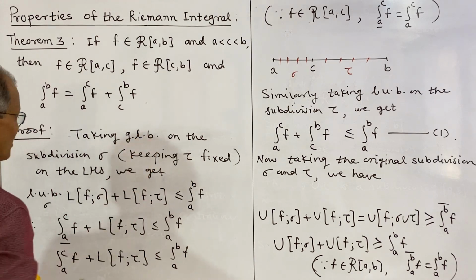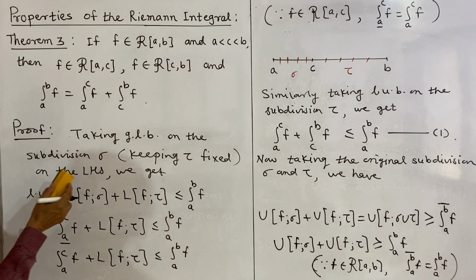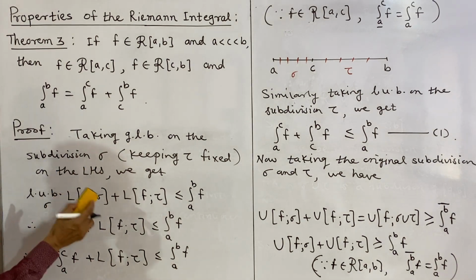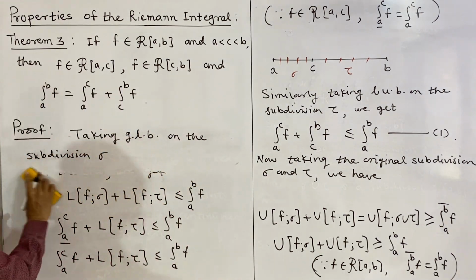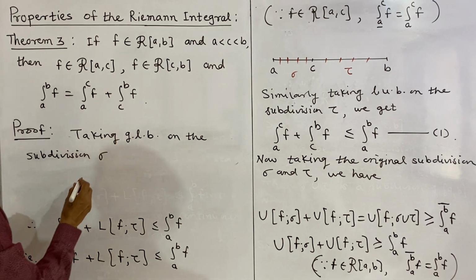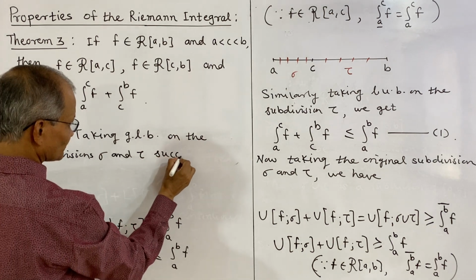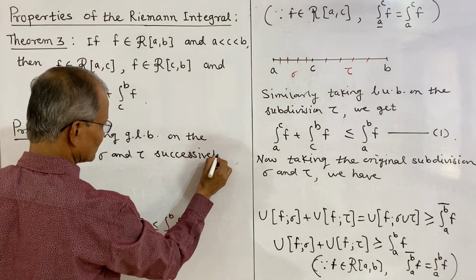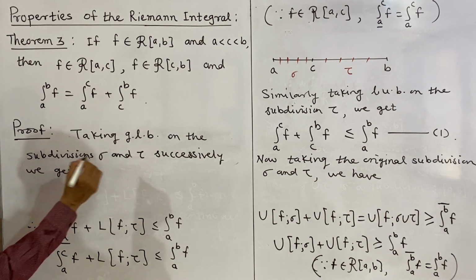Taking GLB on the subdivision sigma, keeping tau fixed as in the earlier case, and taking GLB on the subdivisions sigma and tau successively, we get, as in the earlier case,